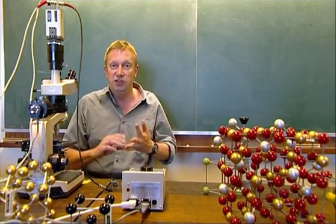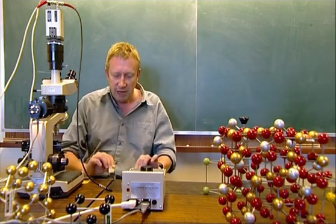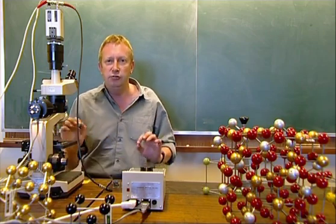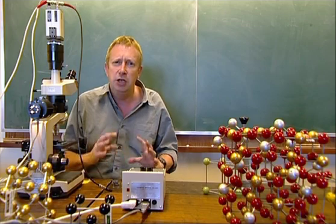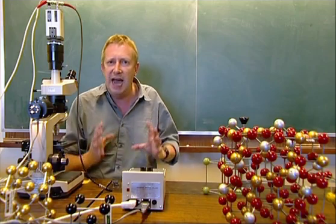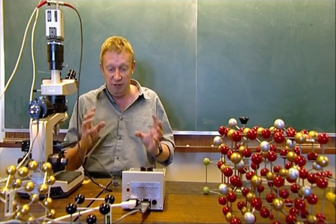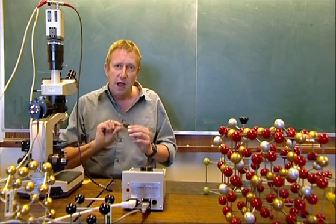Cast iron, wrought iron and steel look pretty much the same. However, utilising this microscope, we can have a look at their structures. Bearing in mind that the early steelmakers had no idea about what the crystalline structures were of these materials, they just knew that if they added carbon, they changed the nature of this material. So, cast iron